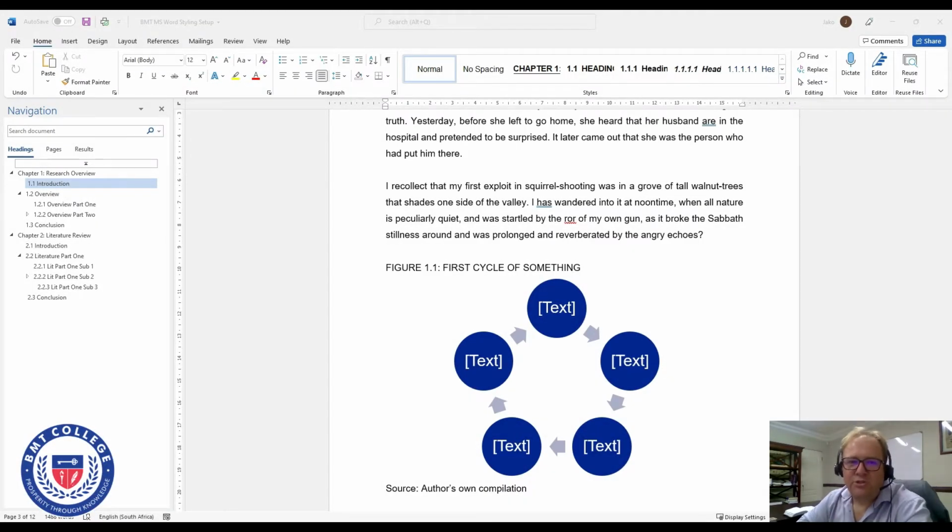Hi there, welcome to session 4 of part 2, and in part 2 we are adding content to our document. Now in the previous 3 sessions we have started to add some basic content with headings, and we've added some figures and we've added some tables. So what we are going to add now is cross-references to those figures and tables